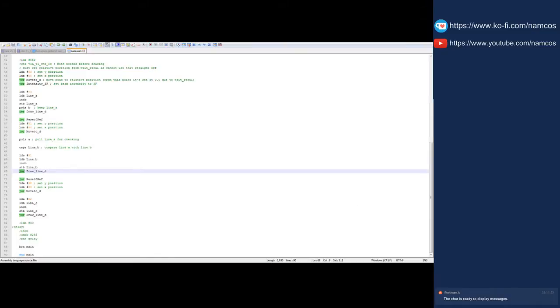I'm wondering, because I want to do greater than or less than, and I had to do it a certain way with the Spectrum, the ZX81. Let me see if